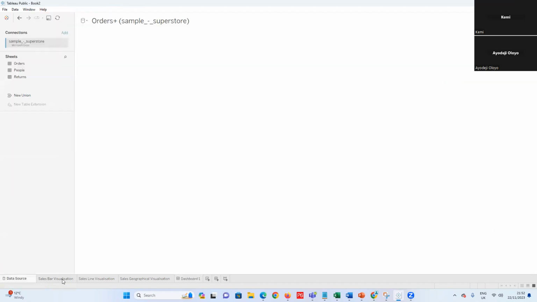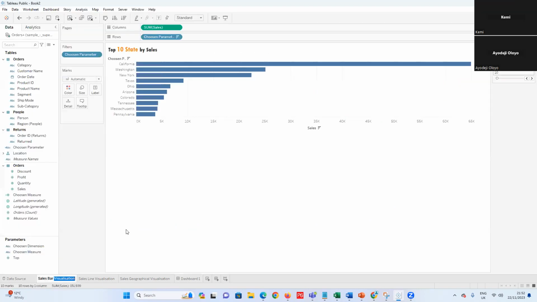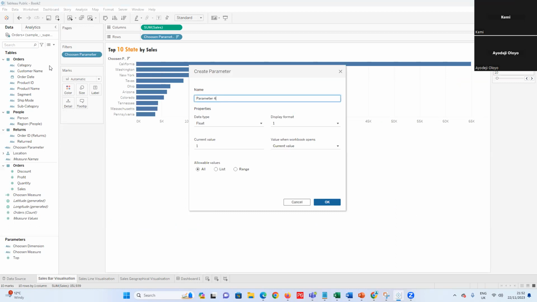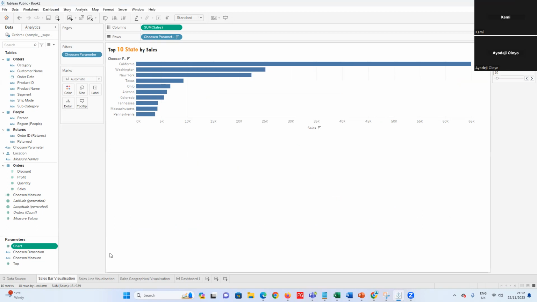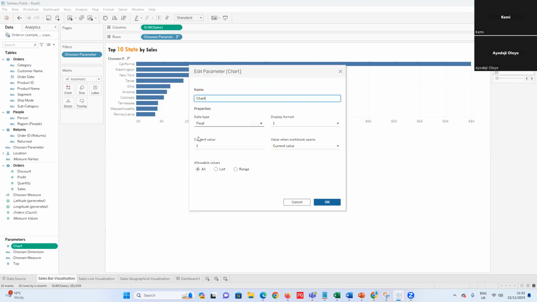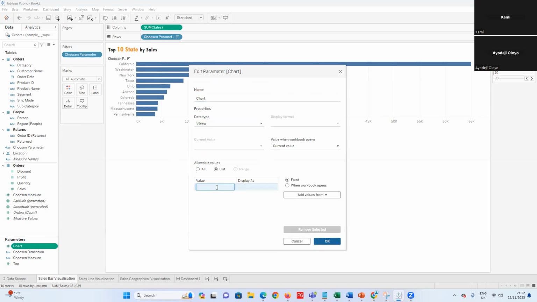So I'll come to this, and I'll create a parameter. We can name the parameter chart. I made a mistake, I was not supposed to say okay. So it's a string, right? And we give it a list. So the first one is